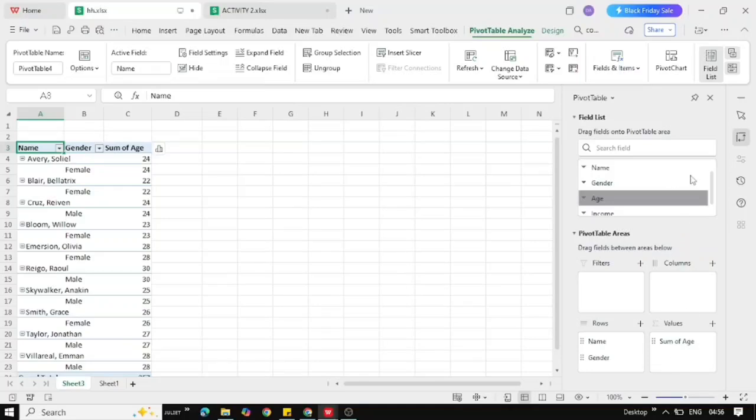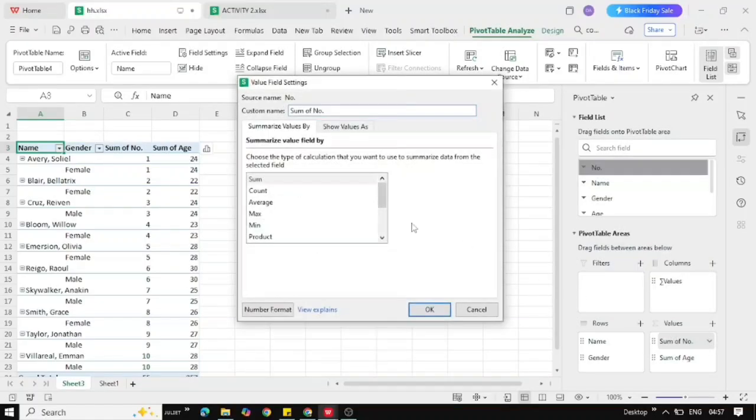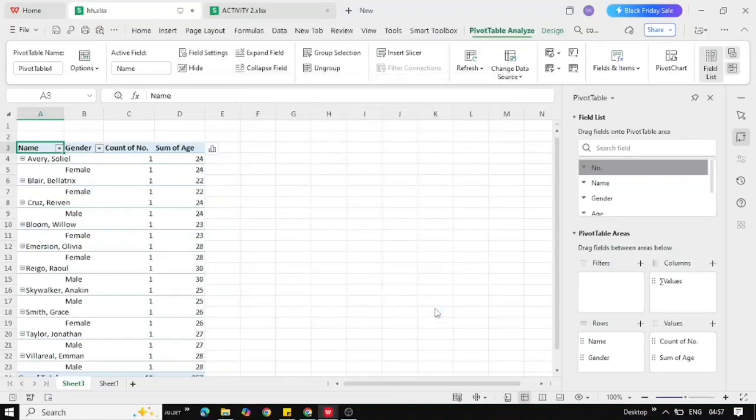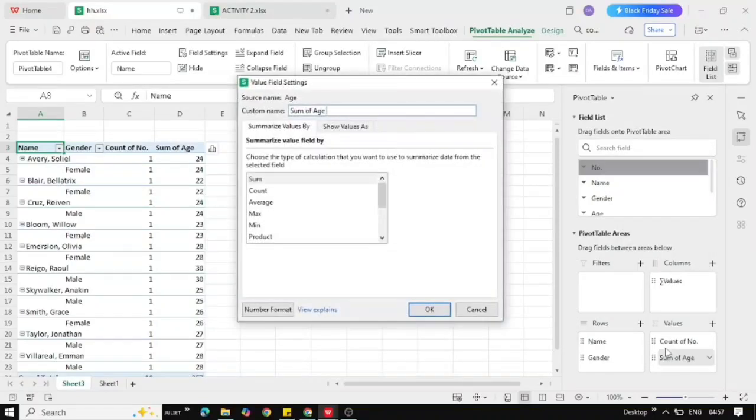Again, I'm gonna drop number. Put it here. And then I'm gonna click this arrow and then find the value field setting. I'm gonna click the count and then press OK. After that is also the same thing with the sum of age. I'm gonna click the arrow, then click this value field setting, and then I'm gonna change it into